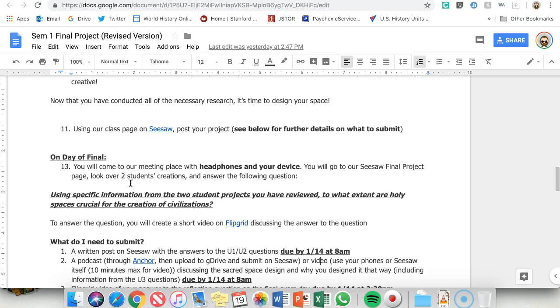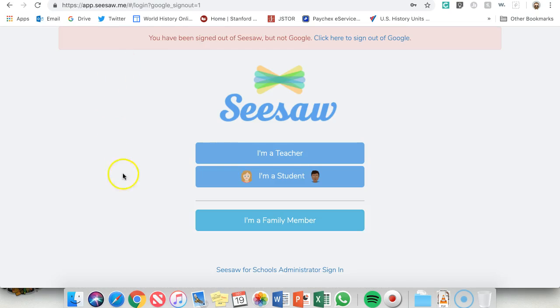Now, what is Seesaw? Seesaw is going to be the site where everything is going to be posted to, everything is going to be submitted. You already have an email with the actual specific login code for what you need to access it. So what you're going to do is you're going to go to the Seesaw website, app.seesaw.me, click I'm